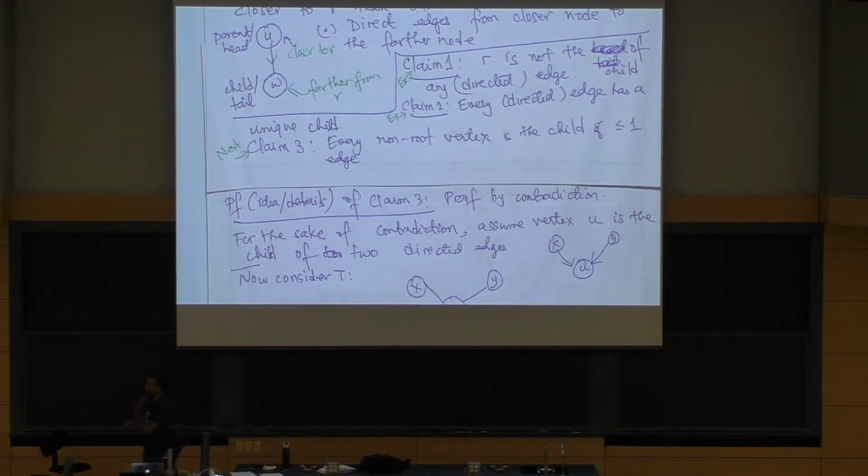And as I had mentioned, when you were proving things, your proof should use all the properties that are there in the problem statement. So we said we're going to assume T is a tree, right? So we have to use the fact that it's undirected, which is what we are doing now. We also have to use the fact that it's connected and use the fact that there's no cycle, right? So we're going to use all 3 to come up with a contradiction.